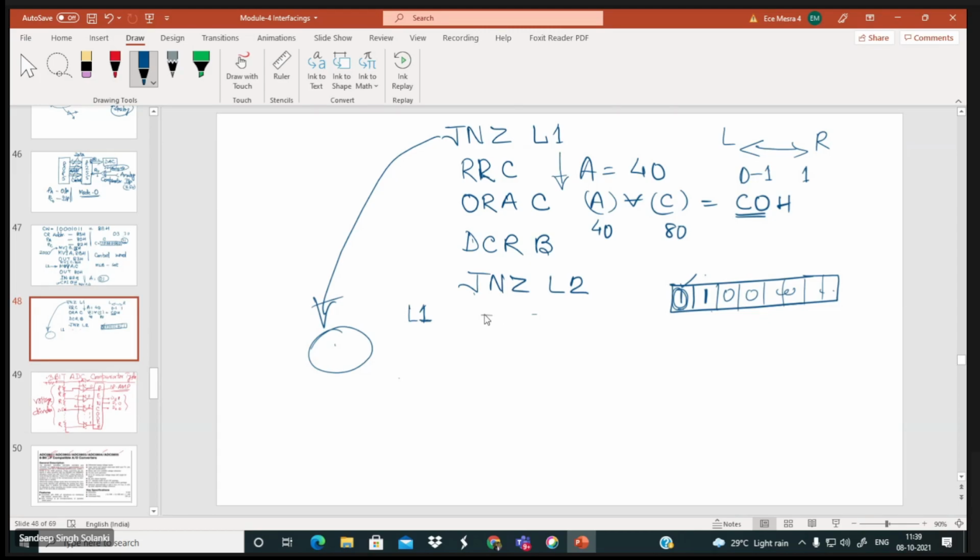So here what will you do? How will you reset that bit? So we have to do RRC, okay, and then we don't do ORA because we don't want the previous one. Try to write on a paper, then you think about what you are saying. We are not dealing only with 2 bits, we are dealing with 8 bits. So think of the other bits also.